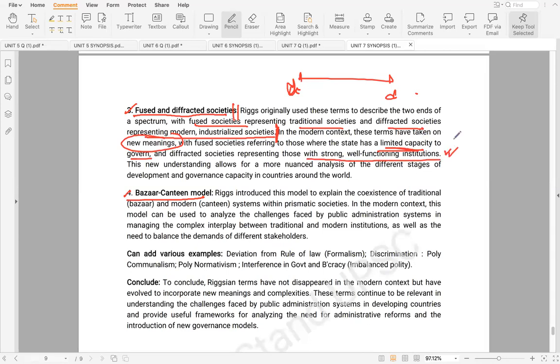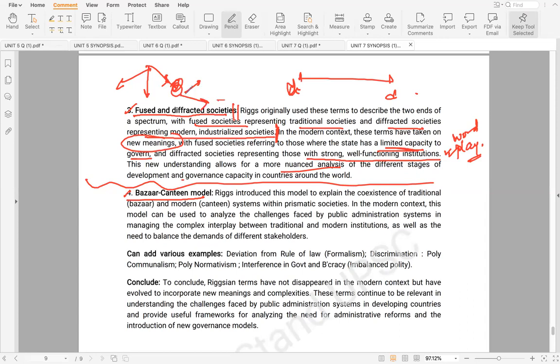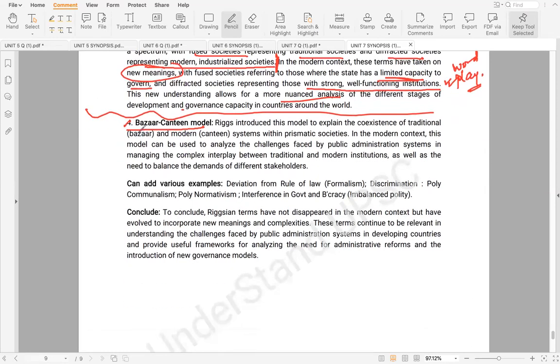ठीक है, this is just a word play कि आज की डेट में उसका क्या meaning है। This new understanding allows for a more nuanced analysis of the different stages of development and governance capacity in countries around the world। हम basically यही model follow करें कि पहले क्या बोलता था, अब क्या meaning है, और तीसरा ये क्यों useful है ना? ऊपर भी हमने यही किया था। तो ये इसलिए useful है कि इससे नया analysis मिलेगा हमें different stages of development का और governance capacities का। और आज की डेट में governance capacity जिसकी poor है वो fused है, governance capacity जिसकी अच्छी है वो diffracted है। पुराने टाइम में क्या था, जिसकी traditional society थी वो fused था, और जिसकी developed society थी वो diffracted था।